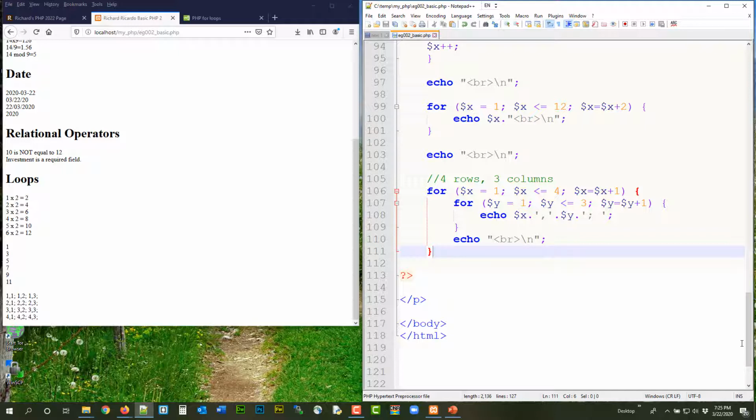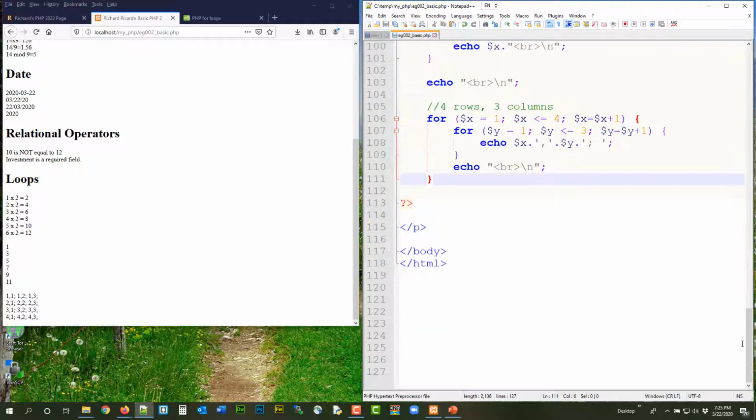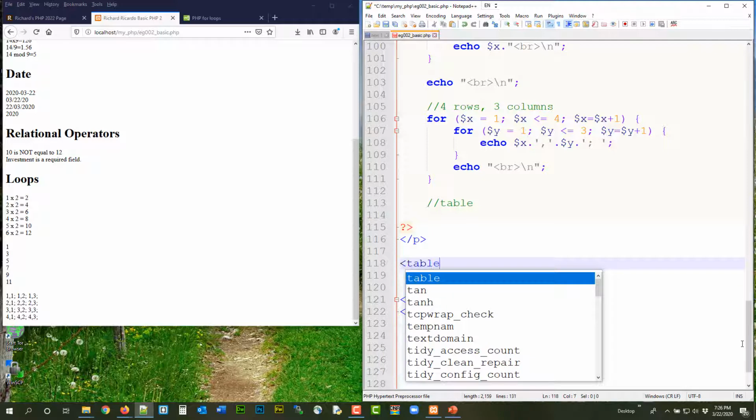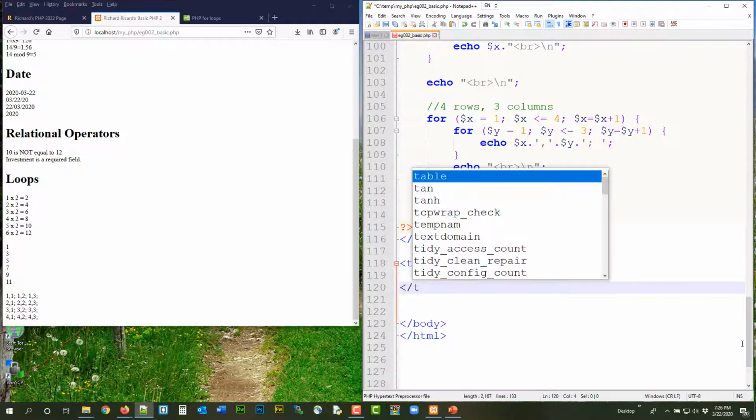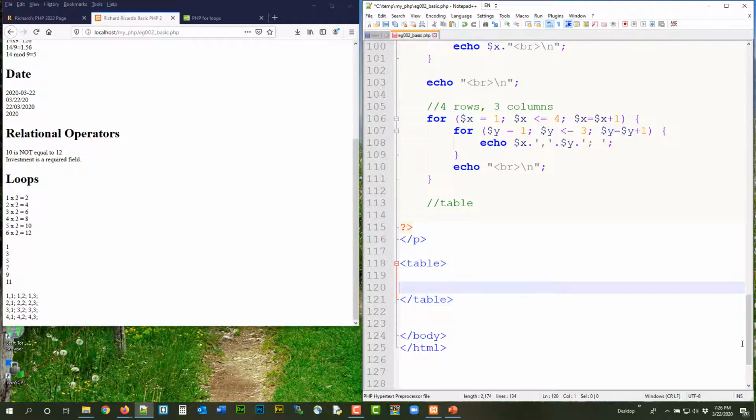what you can do is write the table first, okay, and then put that into the code. To do that, you have to write a table. And then for the table, you are going to have